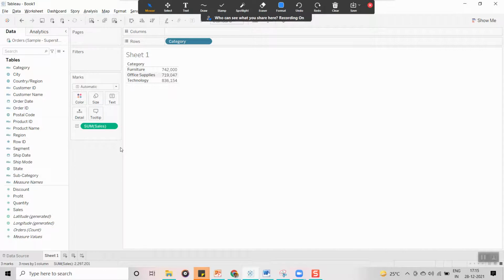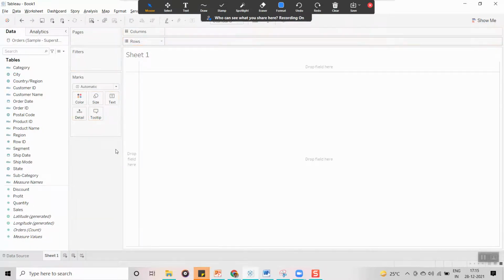Whenever you use a dimension, a blue pill, it generates a header for your data. For example, here I am going to drag category here. Now you can see the data here.